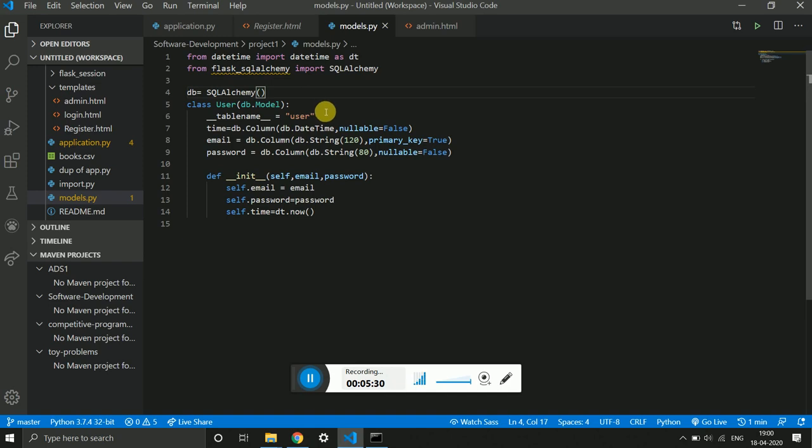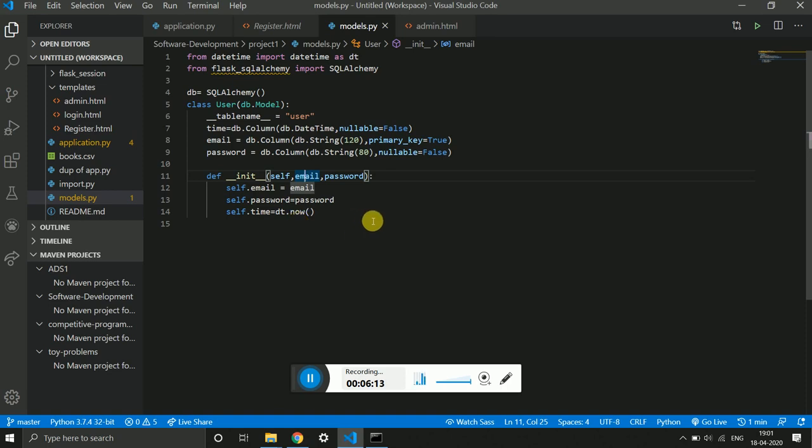In this, I'm creating a table named user, where capital User is the class, and the email ID, password, and time are the attributes. For this, I'm creating a constructor where I initialize the user object with email and password. When the email ID and password are given, automatically at that instant, the date and time will be set and assigned to the self.time variable.